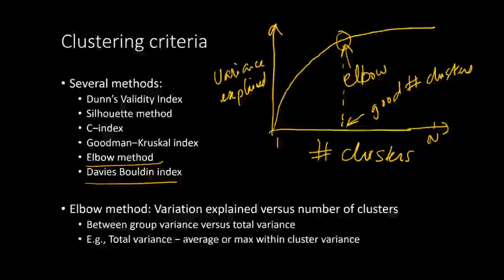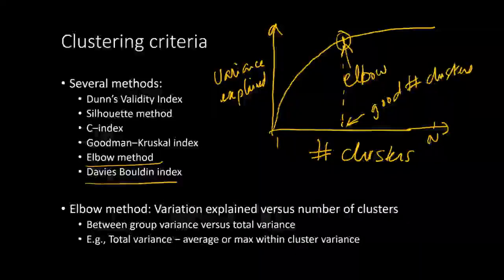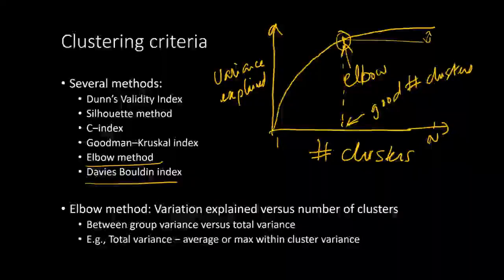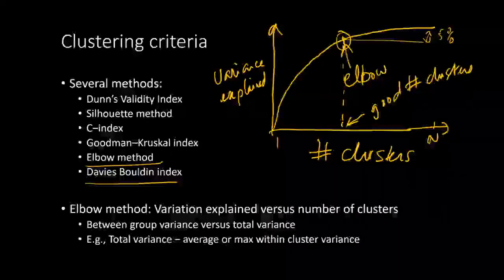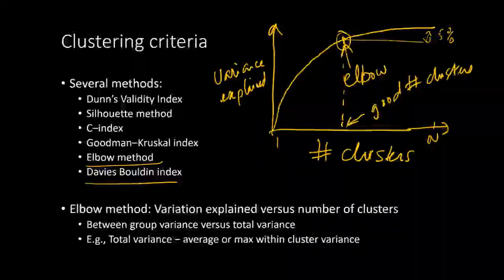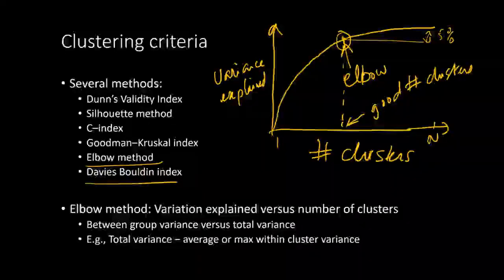Okay, now this elbow itself is subjective. Whether it really represents a natural cut, we don't know. It could be a point of inflection. It could be something like at this point the rise is only 5% more, the 95% rise has already taken place. So a lot of these are still subjective criteria, but this visualization can help in deciding the number of clusters. So what is variance explained?